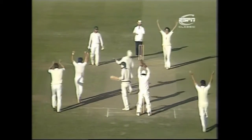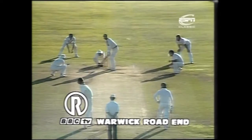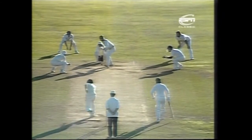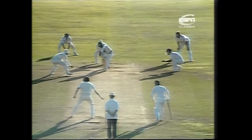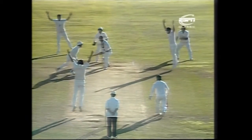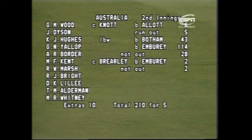Oh, well done, that's well bowled. It looked to me as though it was the curving off spinner. It was moved in the air. Just 4 more added to that Australian total after Kent's dismissal to take it along to 210 for 5. Wood out for 6, a weak shot that one, and Dyson run out for 5, an even weaker run out